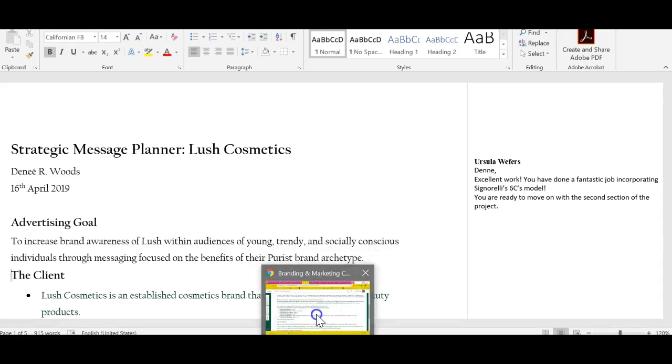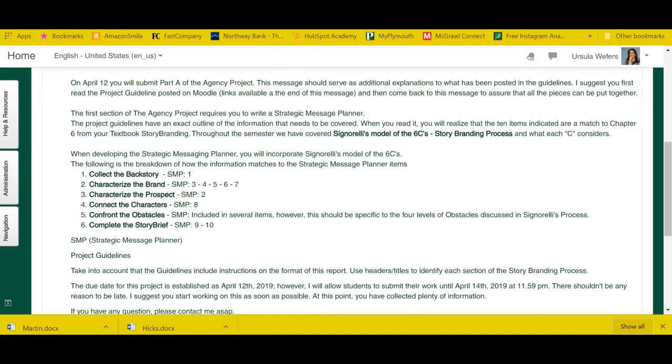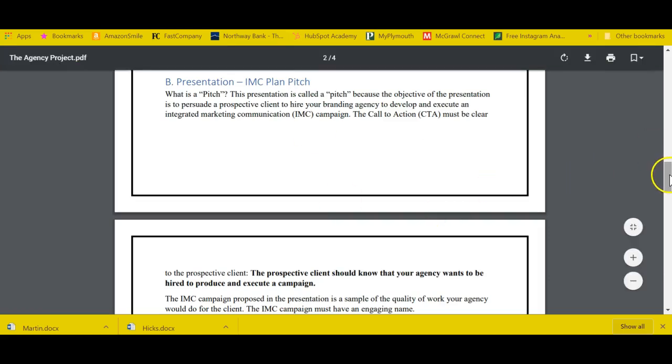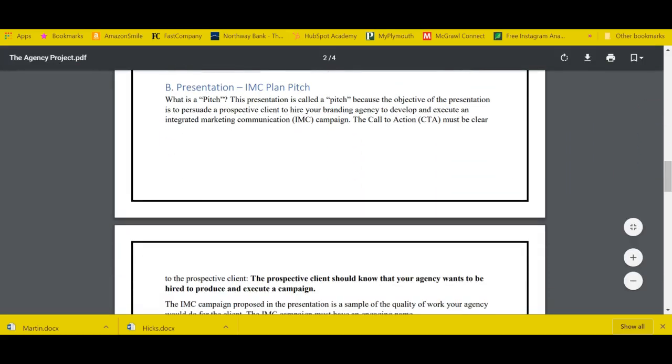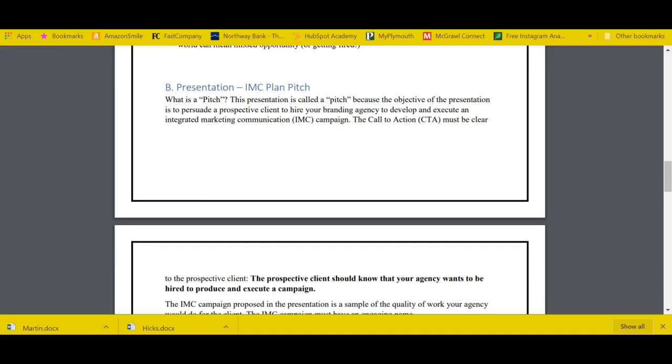Now let's go back here to what is coming up and what you're going to have to do. So now that you have the feedback, now that you know where you did not do well and where you did, you need to move on into the second part of the project. So first disclaimer here, those students who did not score a great grade on the first part of the project, you still have a chance to be successful.